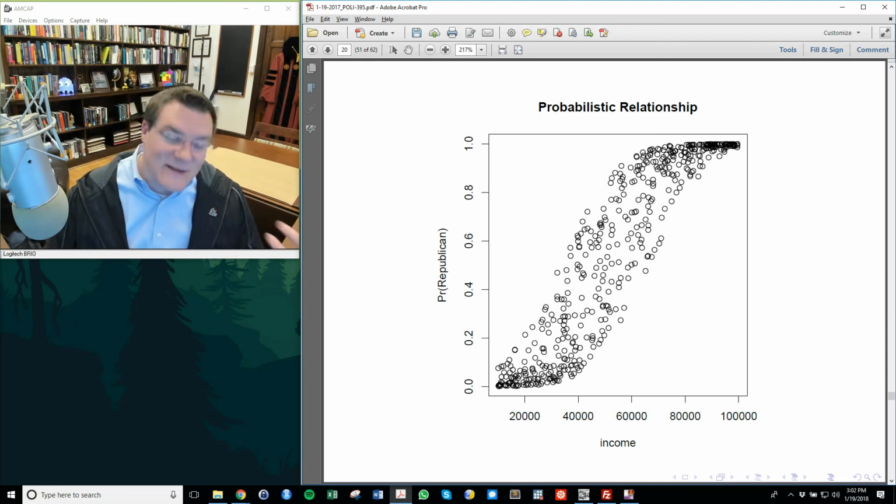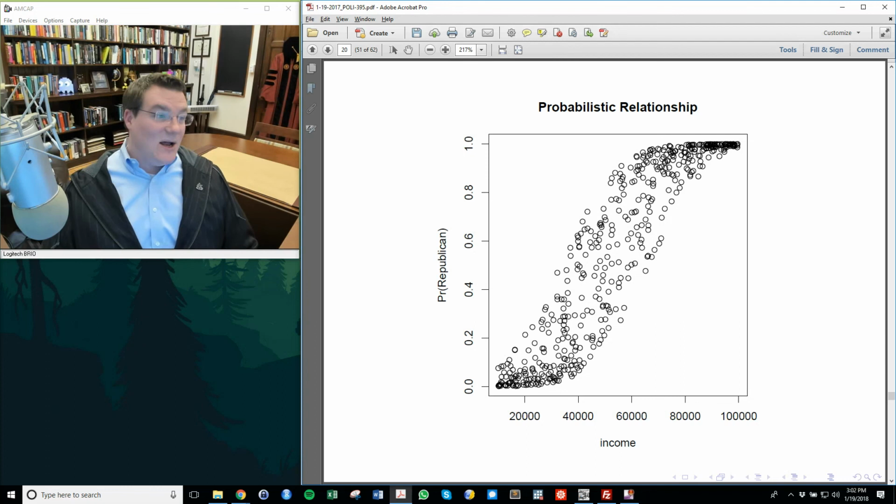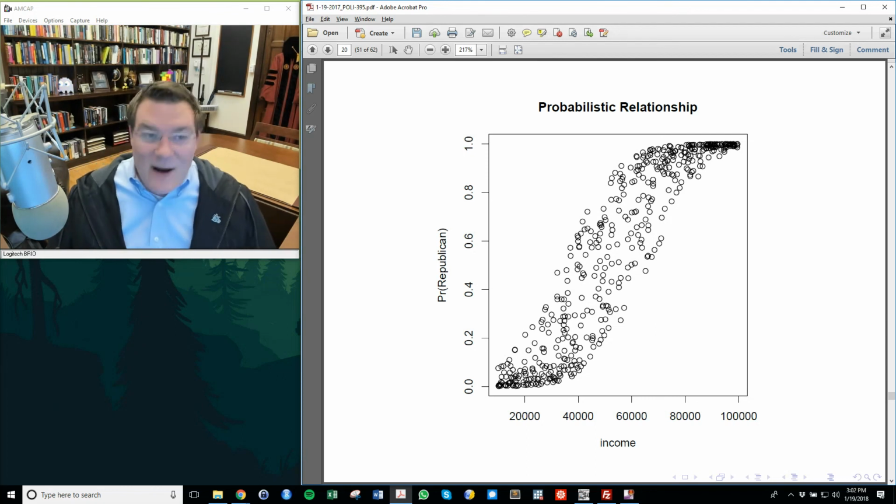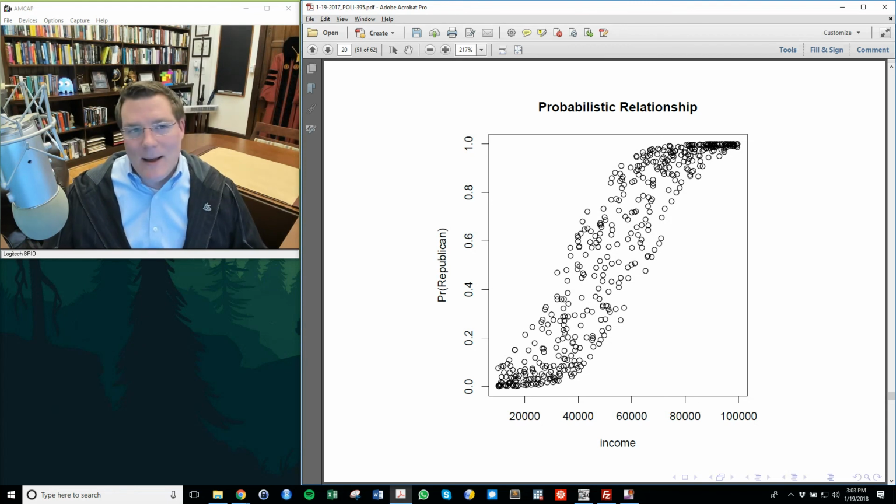And we have some theoretical reasons to believe that it's not just a matter of we can't find deterministic relationships even though they're there. It may be the case that deterministic relationships don't even exist because there's a random component to human behavior that cannot be reduced, right? We can't get that down to a point. So for those reasons, we're more likely to see data that look like this.